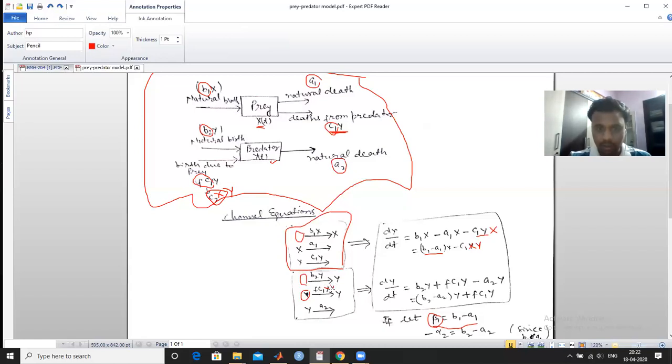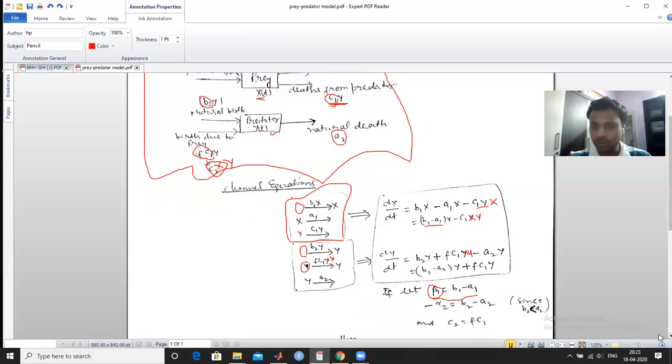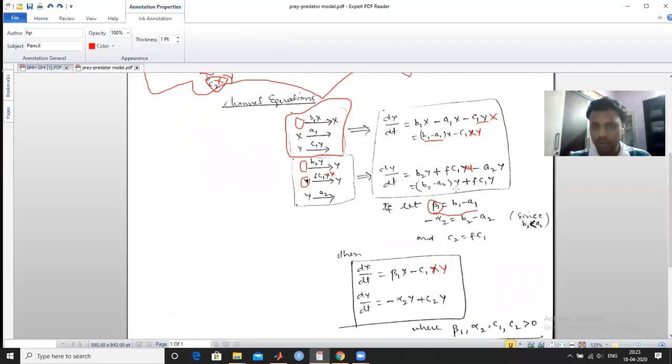So this time there will be FC xy and minus a2y. Then if you take y common, it will become b2 minus a2 y plus FC1y. So if you take this b2 minus a2 as minus alpha,